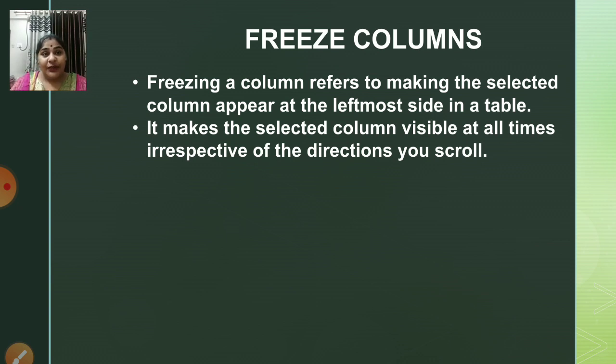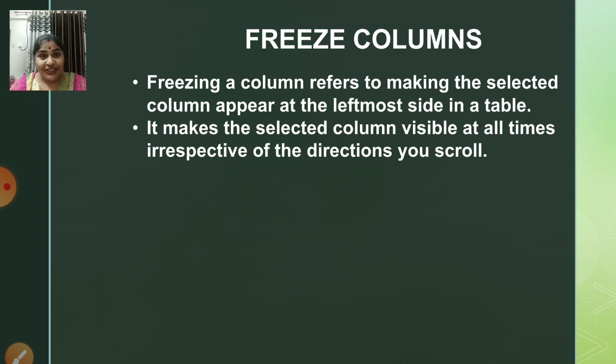Suppose there are 25 columns, that is different fields in your table, and you have to work with the first field. Suppose we are talking about the students list. The first column is the student's name, and the last is regarding some activity or some fee structure, and these two columns you want to see. So without moving any of the columns or fields, what you will do is freeze your name column.